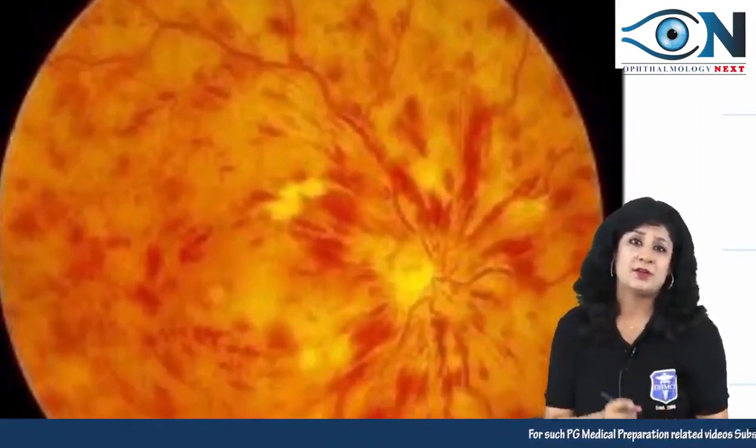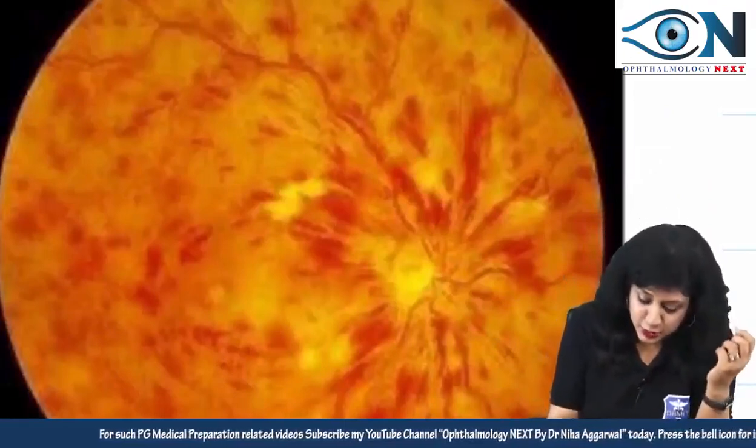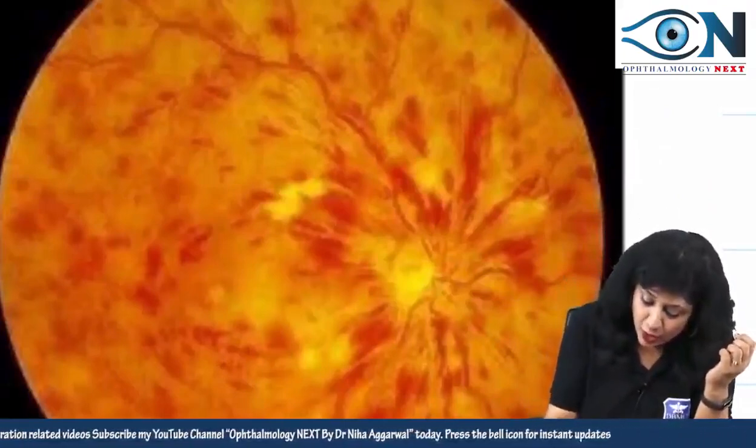What is this? Oh my God, there are many hemorrhages. Can you see? There are so many hemorrhages present in the fundus. The whole of the fundus is filled with hemorrhages, and it looks as if somebody has squeezed a tomato, or there is ketchup falling inside the fundus. So this is typically the